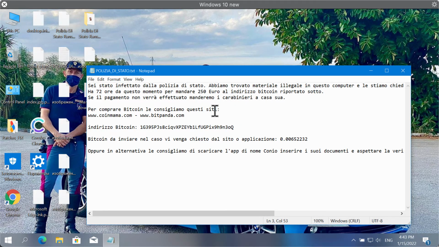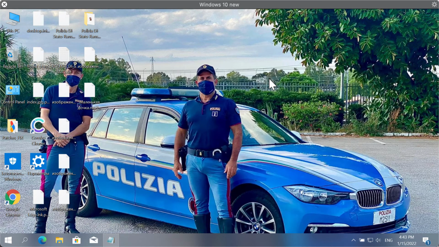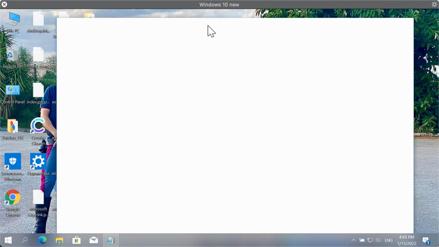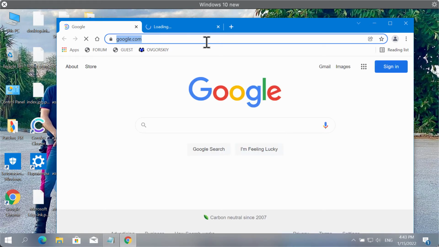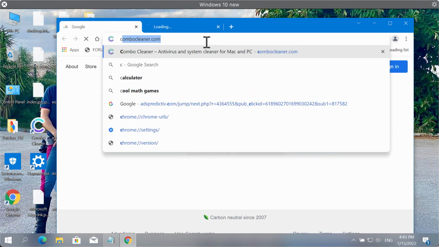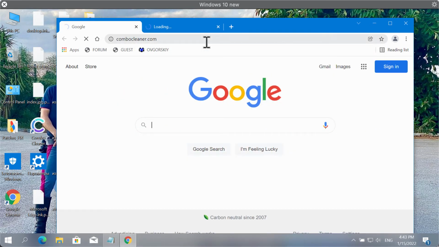The ransomware tells its victims to pay the ransom that amounts to €250 to decrypt the files, but in reality paying the ransom doesn't guarantee that the files would be restored. We recommend you to immediately undertake the measures to remove this ransomware as soon as possible. So, instead of paying the ransom, we recommend you to remove this ransomware as soon as you can, and we